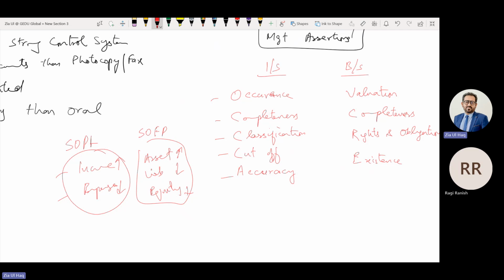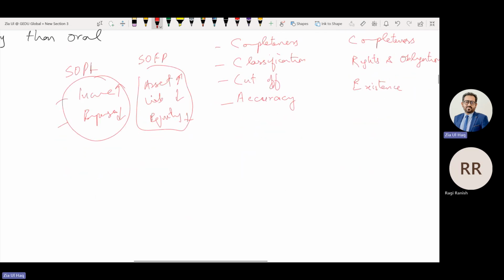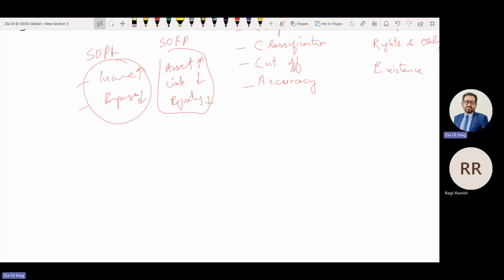What is the cutoff? Sometimes company management commit some kind of cutoff errors. So our year end is 31st December 2024. This means this year started on 1st January 2024. This is the year end.